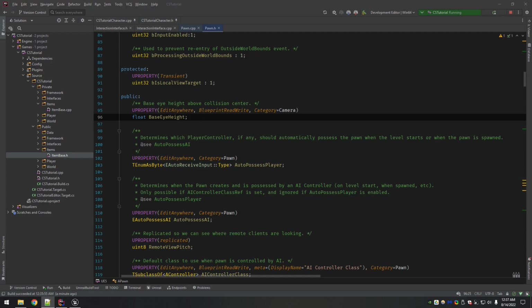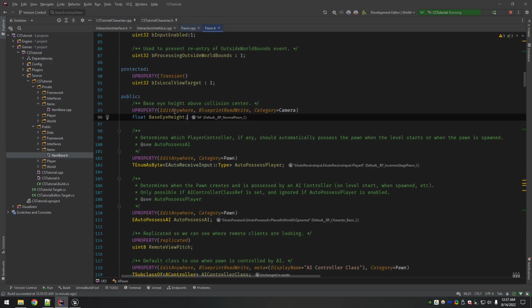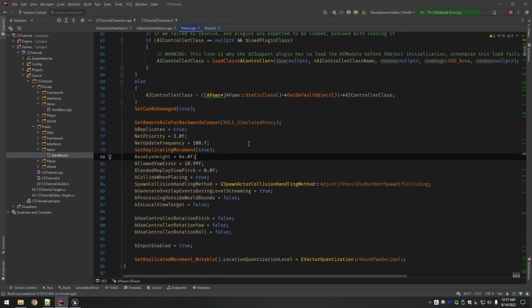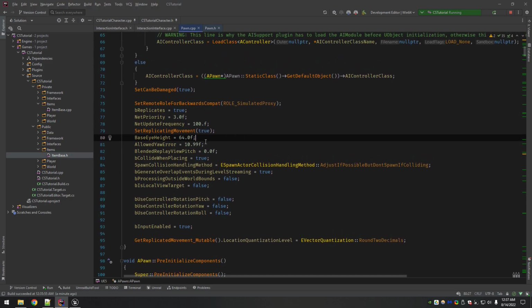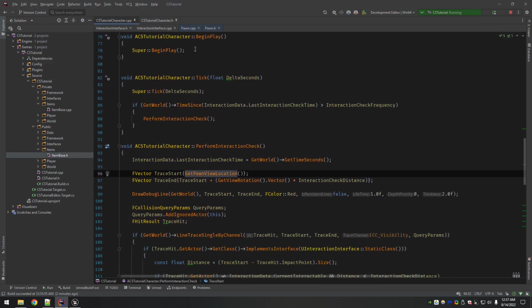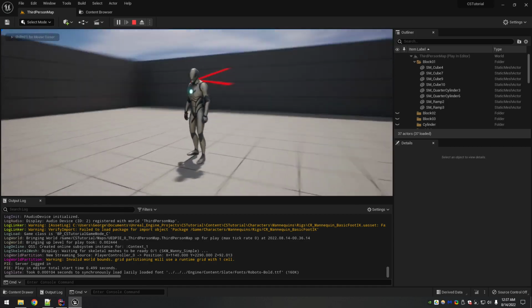It doesn't really matter. Let's see. Yeah, it looks like I did do that. I don't even know what the default is. There's probably a default somewhere. Oh, nice, I was able to find it doing this. So here in our pawn.cpp, it's setting it to 64. I found in my experimentation that raising it up about 10 will keep it from coming out of his neck.